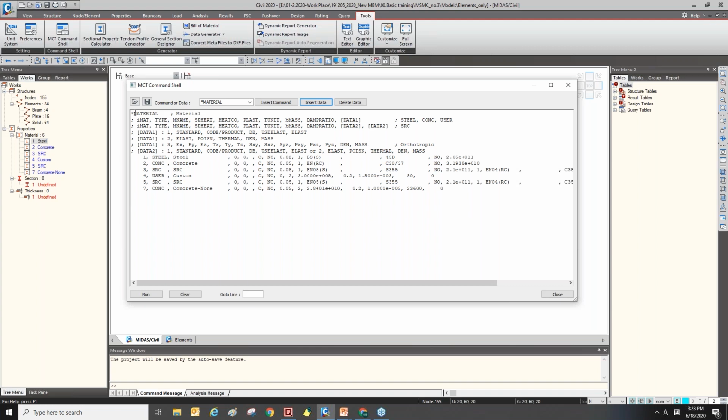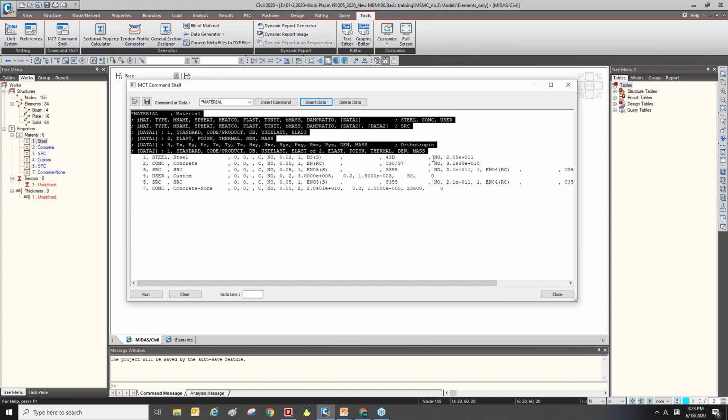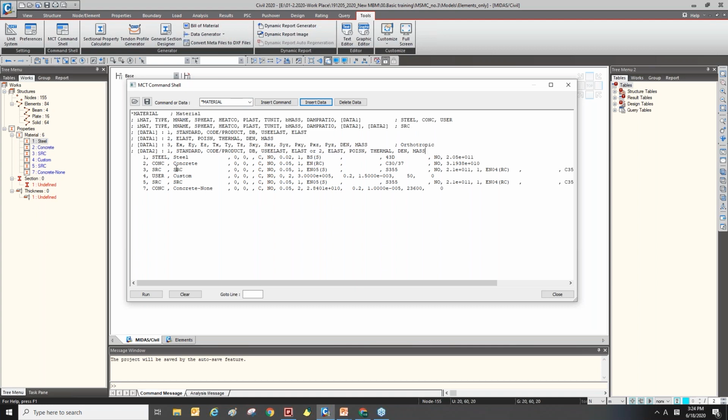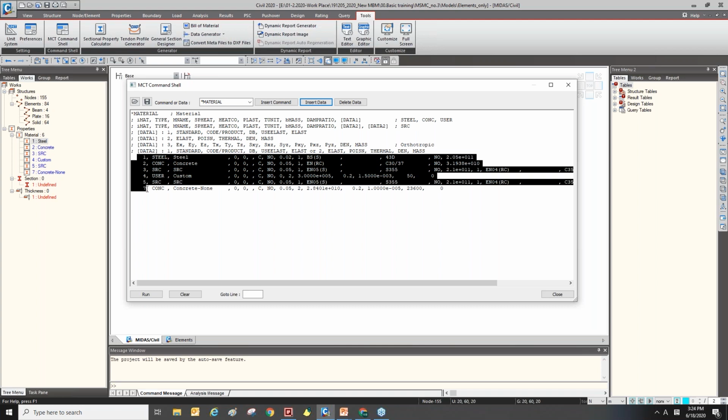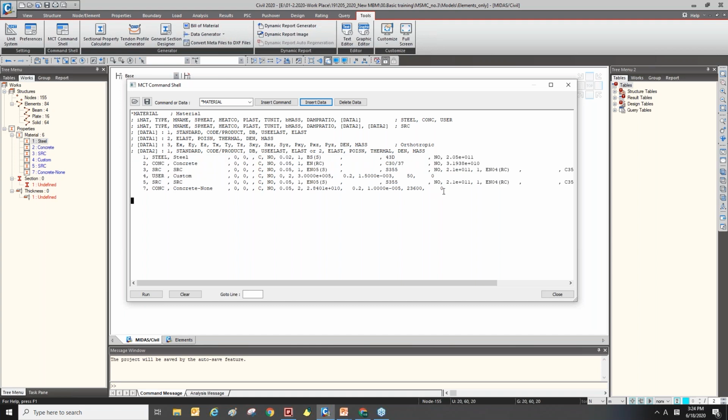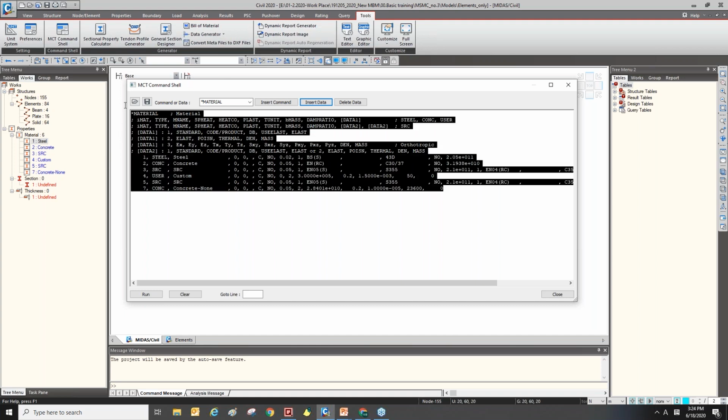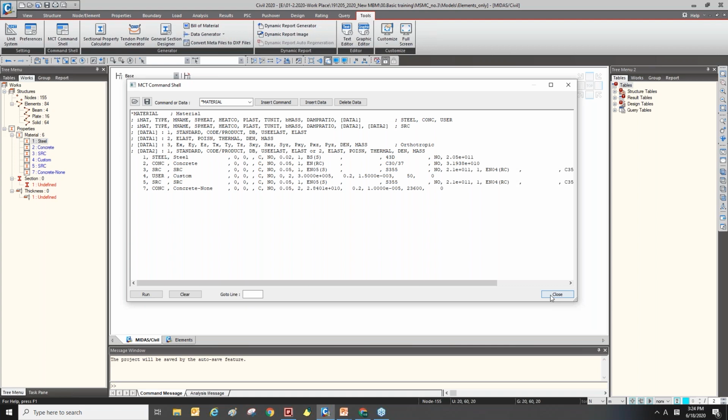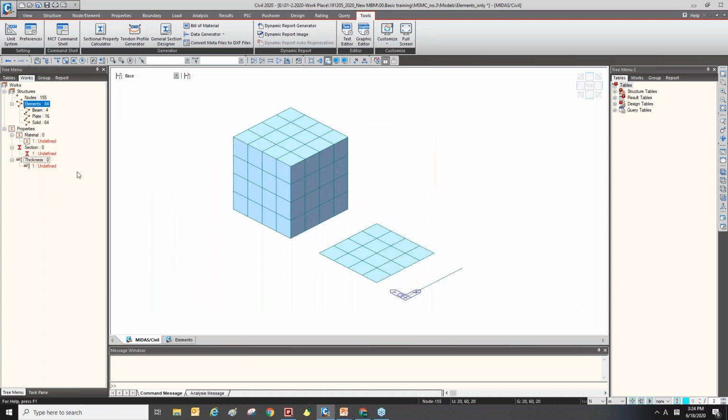So this side means the command for the material to declare creating material, and the bottom side is the data of the material properties in this model. So I will copy all of them, and I deleted all material properties here. And let's guess. Let me guess. This project